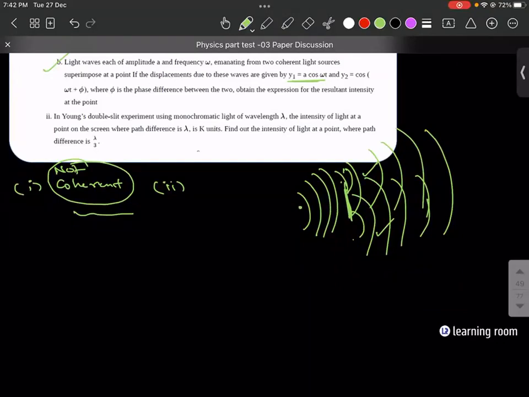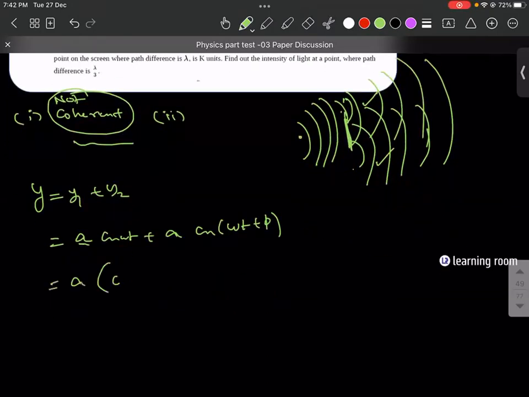So how to get it? y is equal to y1 plus y2. It is going to be a cos omega t plus a cos (omega t plus phi). If you take out that a outside, the cos sum will actually give you